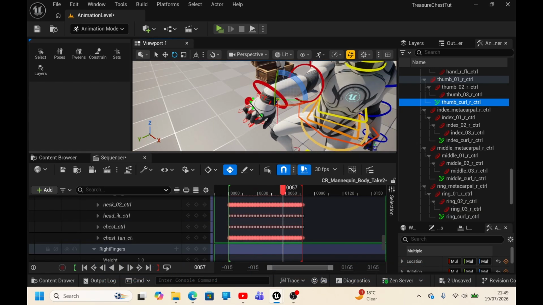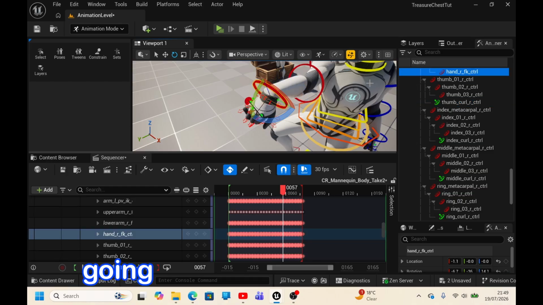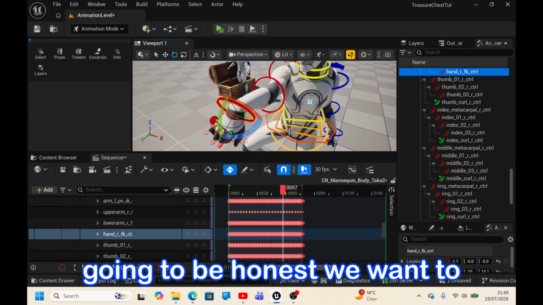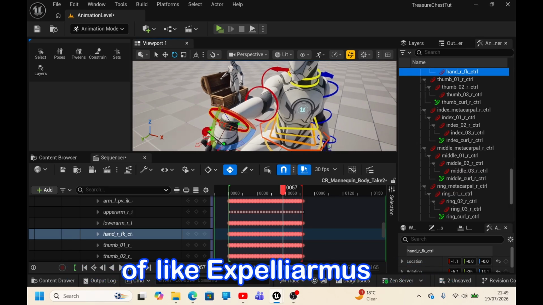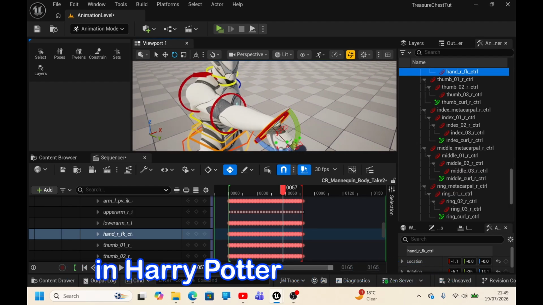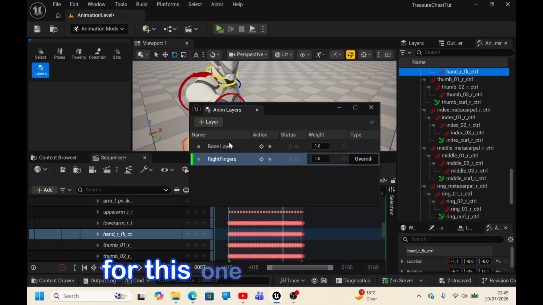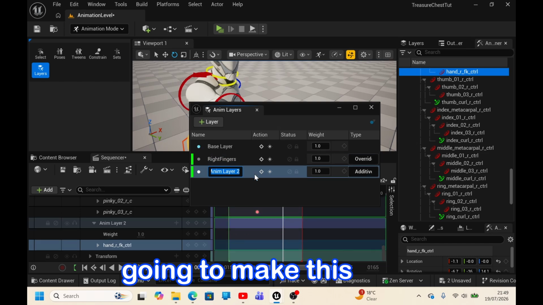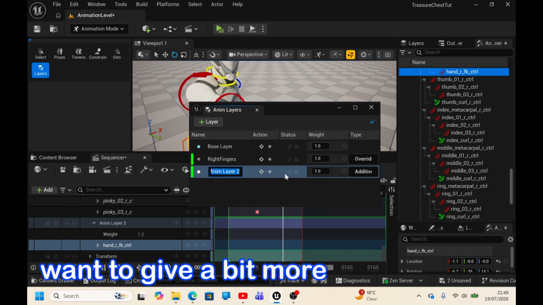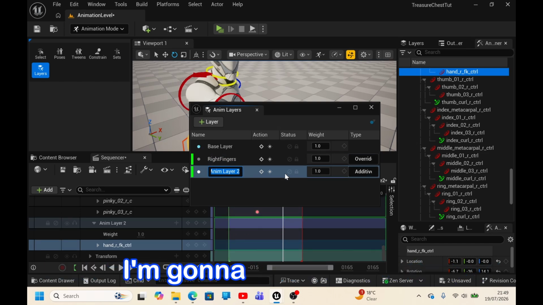Now, I'm going to be honest, we want to now change the hand movement so it's going forward, kind of like Expelliarmus, like in Harry Potter. So I'm going to create a new layer just for this one control, and I want to give it a bit more movement, so I'm going to call it wrist